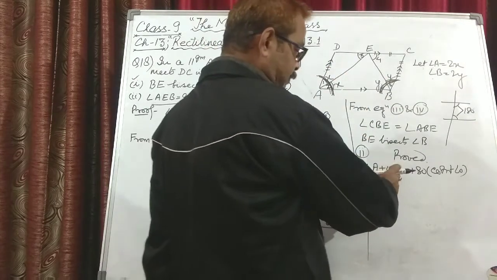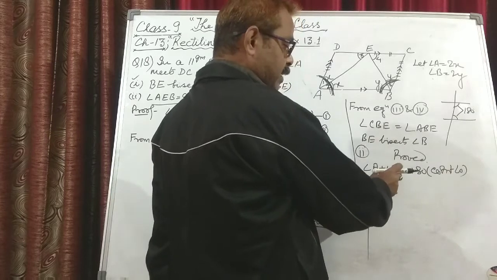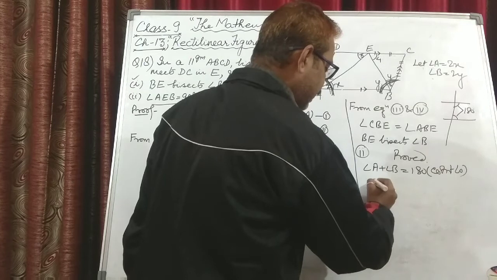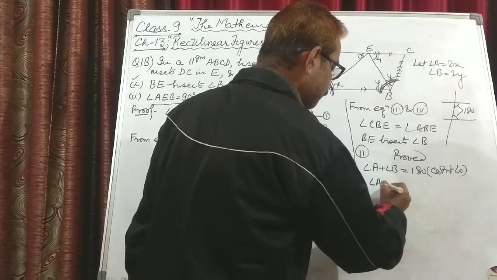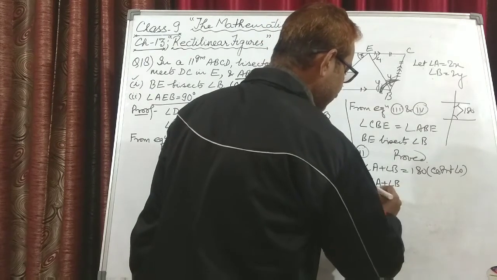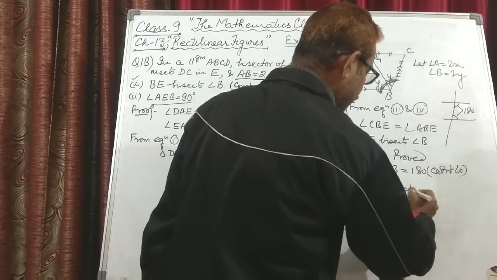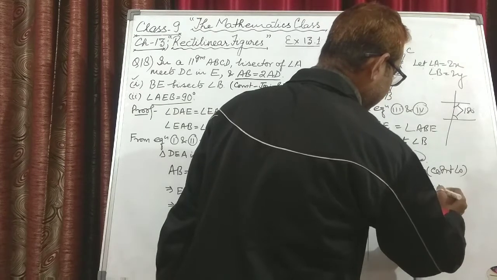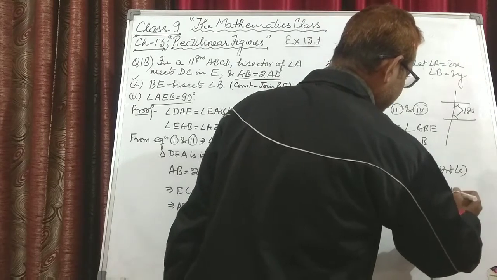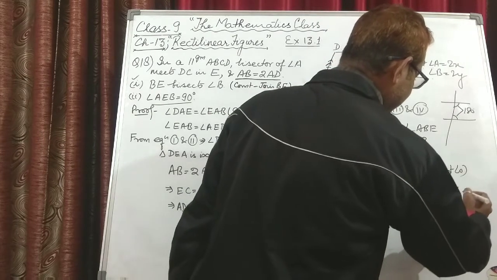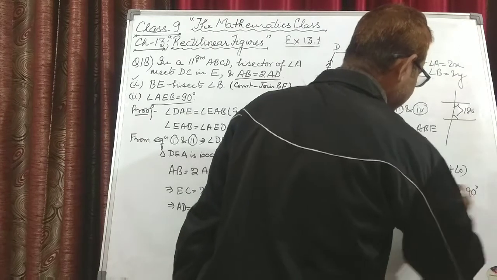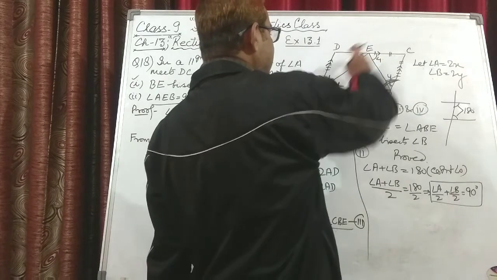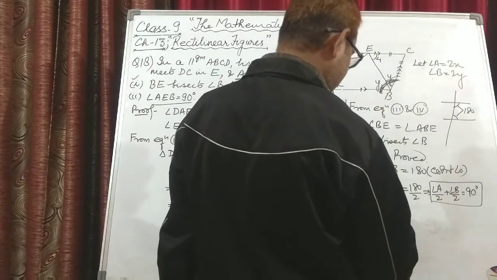It means the sum of their halves will be equal to half of 180. We can say, by dividing this whole equation by 2, (A plus B) upon 2 is equal to 180 upon 2, which can be further written as half of angle A plus half of angle B is equal to 90 degrees. Now, half of A is angle EAB,